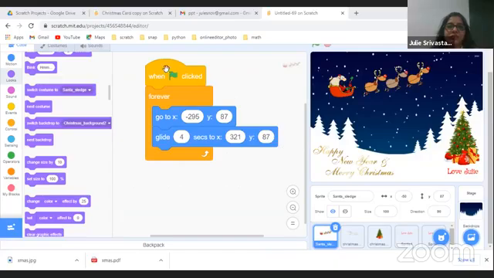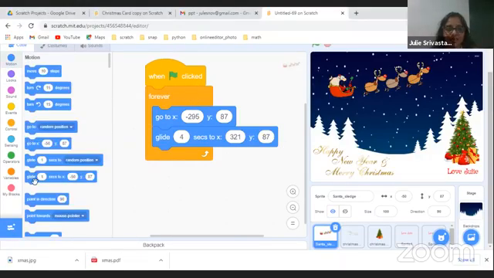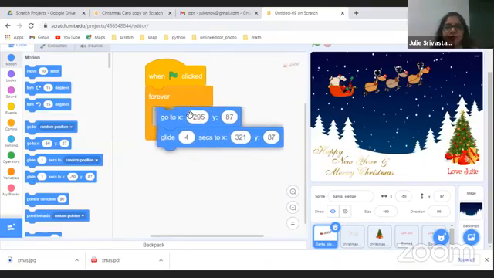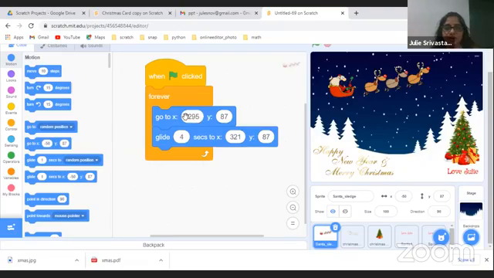The code for the sledge is when the flag clicked, forever loop. From the motions we've taken go to and the glide option. The sledge will not work correctly if the values inside the go-to options are not the same. I want you to use the values from here, -295 for X and Y is 87. Glide for seconds to X 321 and 87. I hope whoever has missed out on the sledge has been able to do it now. Okay, so we go to the next one.